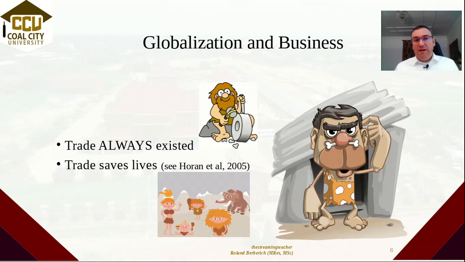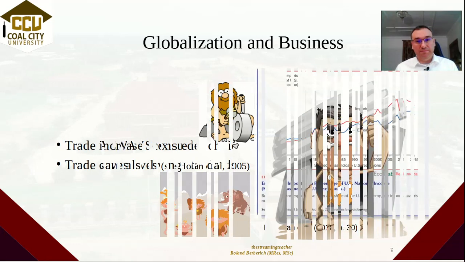For example, when a local catastrophe happens, a drought, a flood or something, that is very bad for that particular patch of land, but it does not preclude that you are trading with some people that are not affected by this because they live further away. So trade has always existed. It is not a modern times phenomenon, and it has been very good for our survival.